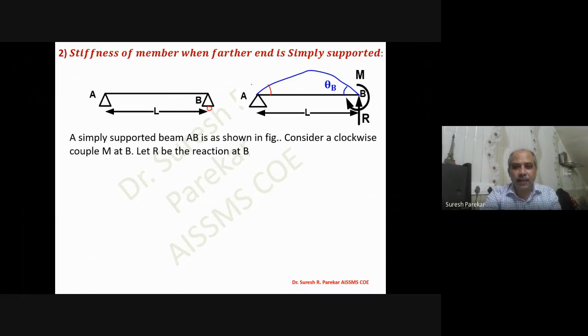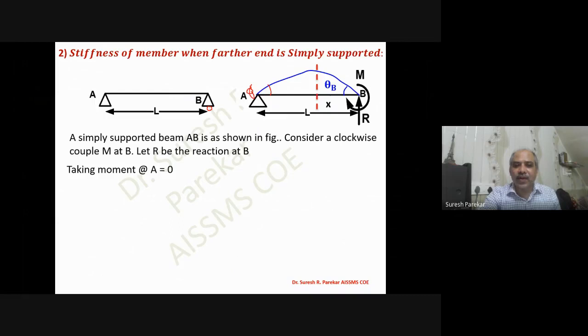So if I say the moment developed at this point, automatically the moment developed at this point should be 0. So our work will be reduced, because one unknown, which is MA, is going to be reduced, and automatically one boundary condition is also reduced, which was at x equal to L, dy by dx equal to 0. That boundary condition is not available now. Now here I can find the value of R in terms of M only.